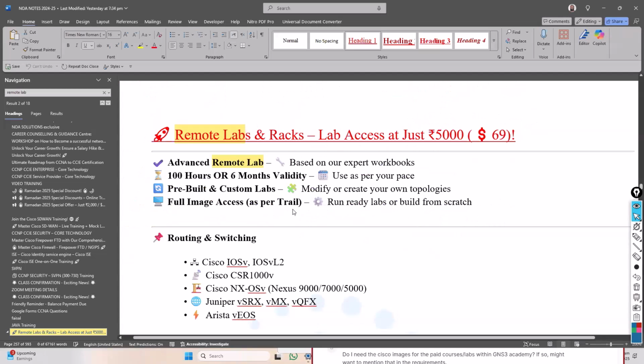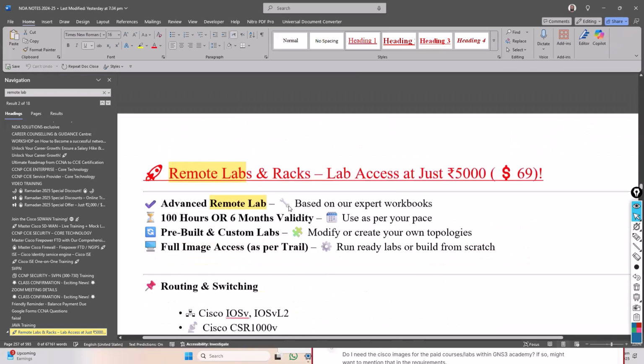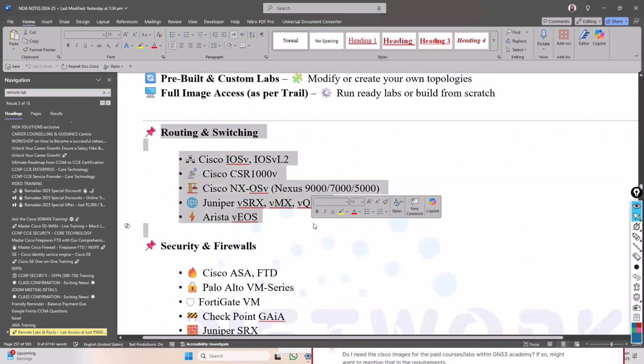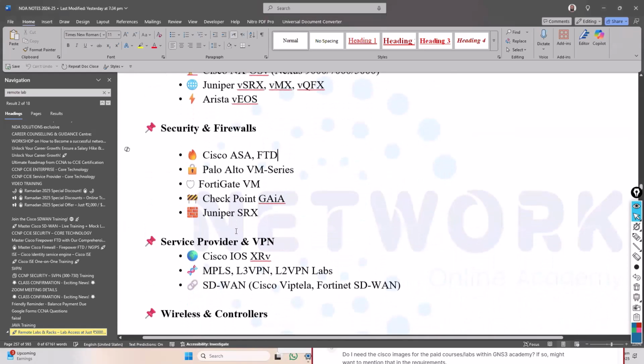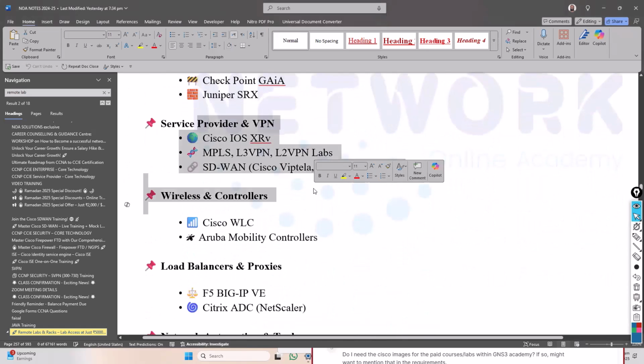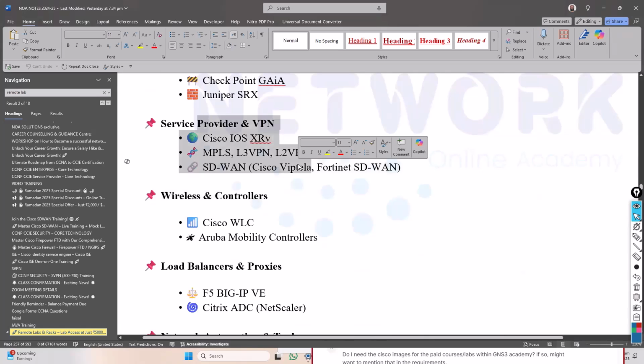Now here you can see I have just listed some of the important devices. So here you can see the list. In terms of routing and switching, you can simulate different routers and switches. It's just a small list. When it comes to firewalls, if you are working on service provider technologies, then there are some special